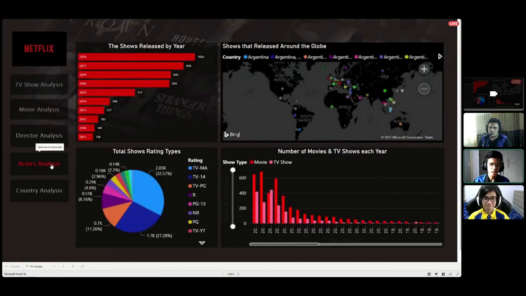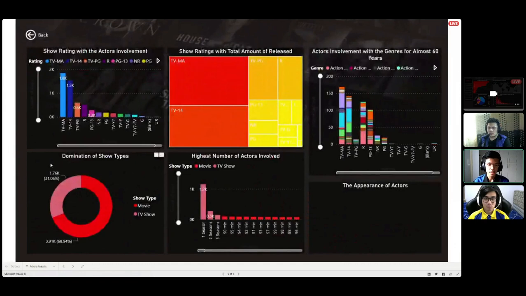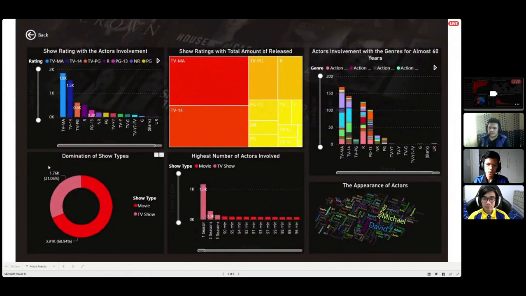And then for the actor analysis, just like the director's one, we want to see which actor appeared the most, which can help the director decide to hire them to act.